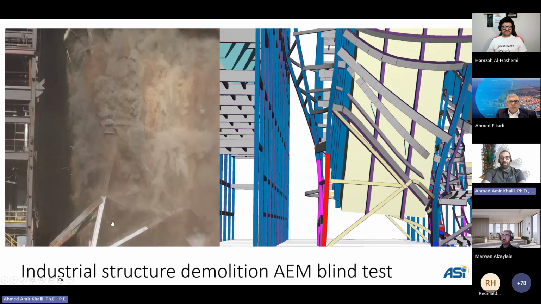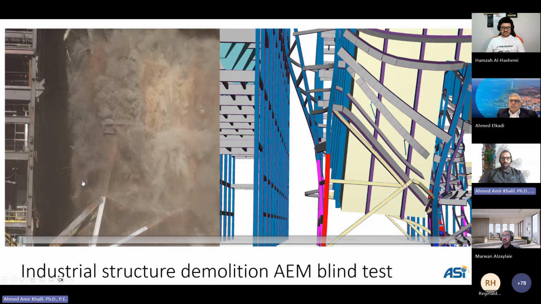So what I'm saying is, what you see is the current state of the art for the applied element method. We are able to model full structures and study their collapse and estimate the mode of collapse, the possibility of buckling, etc., ahead of the actual collapse of the structure, and we are able to compare. So if you were able to see my video,